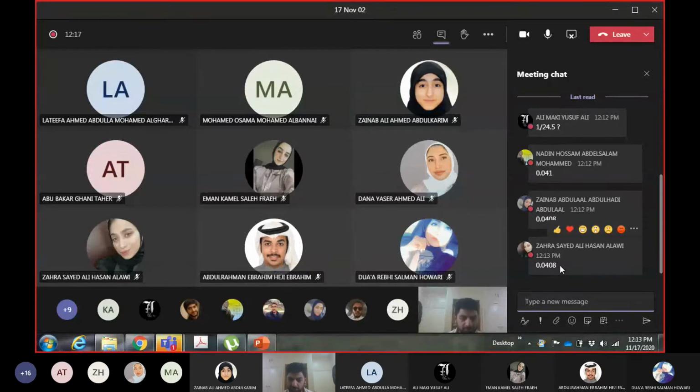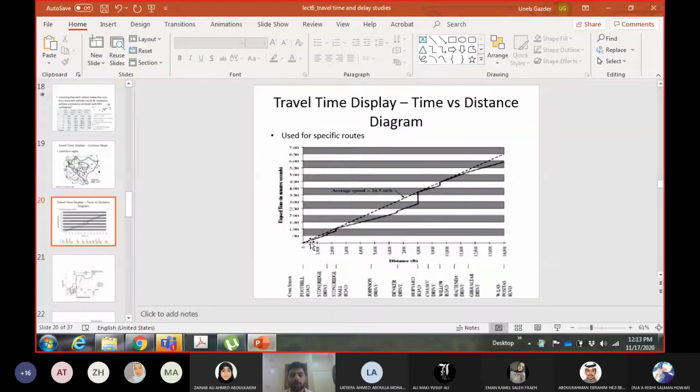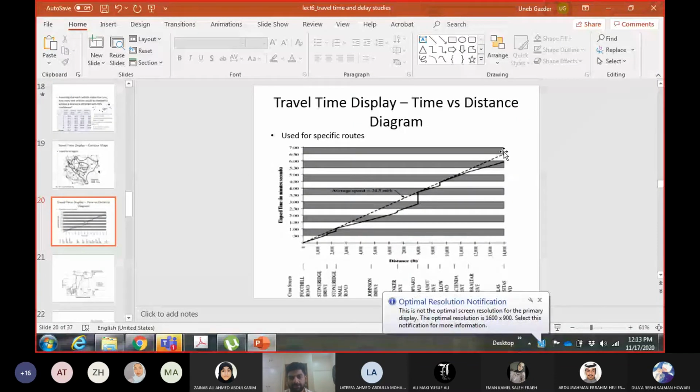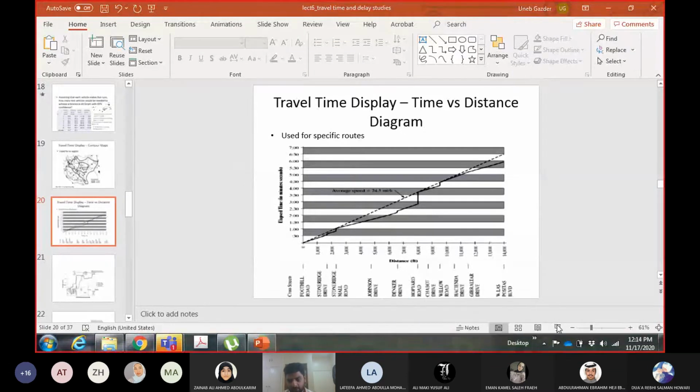So let's say you did the conversion, it is 0.04. So 0.04 means 4%, right? So on this graph, you will draw a line of 4% slope from the start till the end. The starting point will remain the same, and then you draw a line going towards the end. The slope is the inverse of the speed, so the inverse was 0.04, that means 4% slope, and you draw the line according to that.